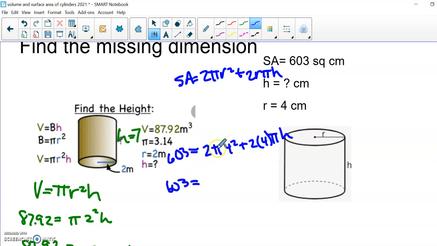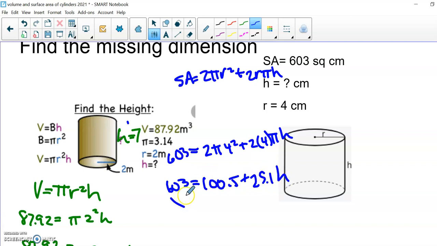I'm going to multiply 2 times pi times 4 squared. And that gives me 100.5, plus 2 times 4 times pi. Let's see what that is. 2 times 4 times pi gives me 25.1